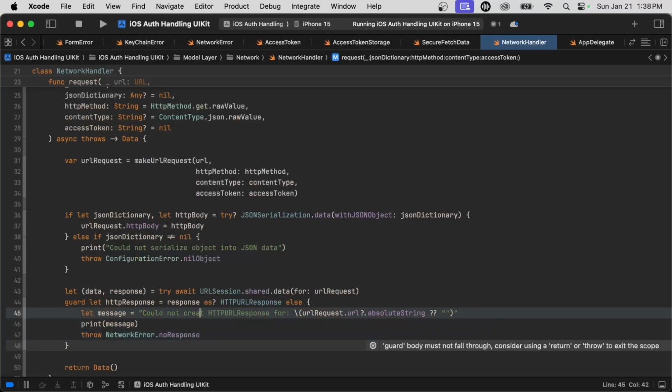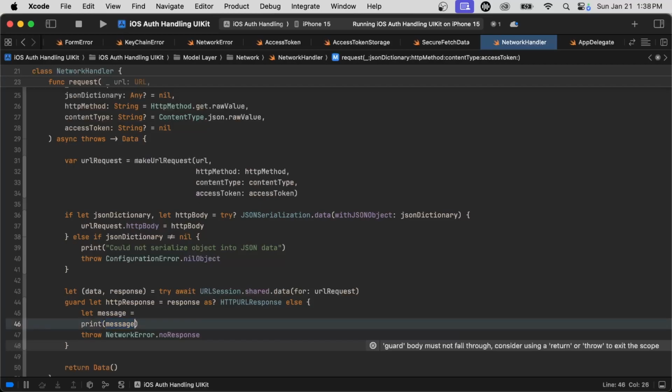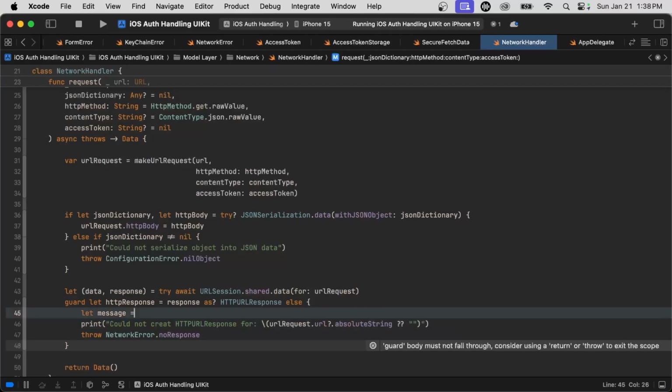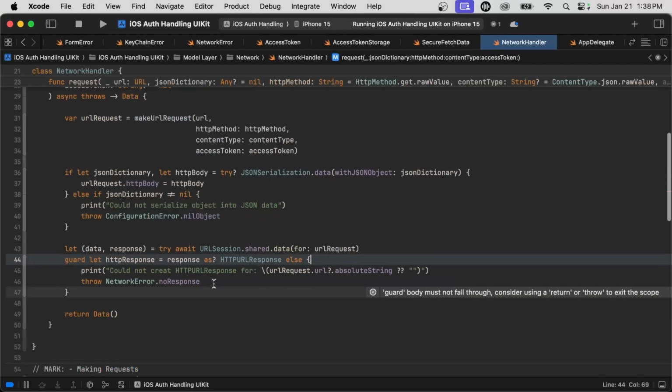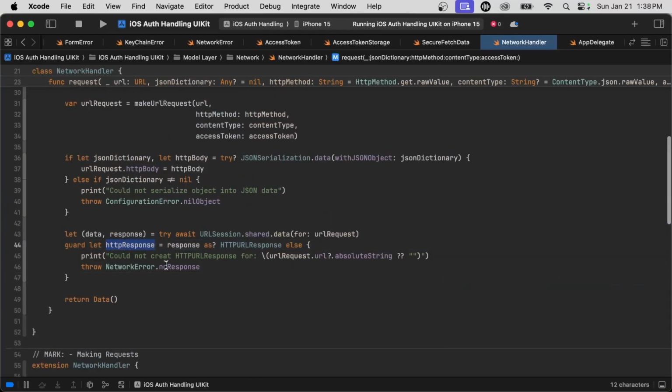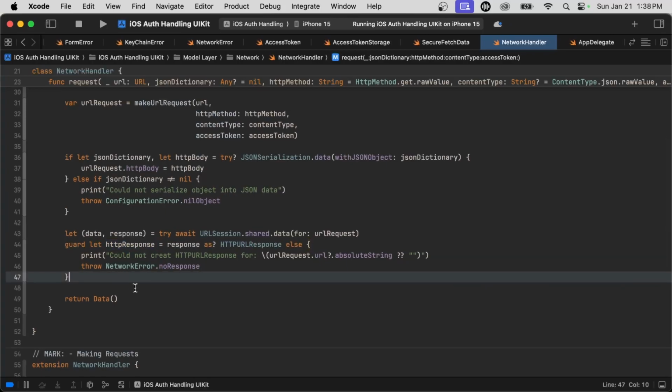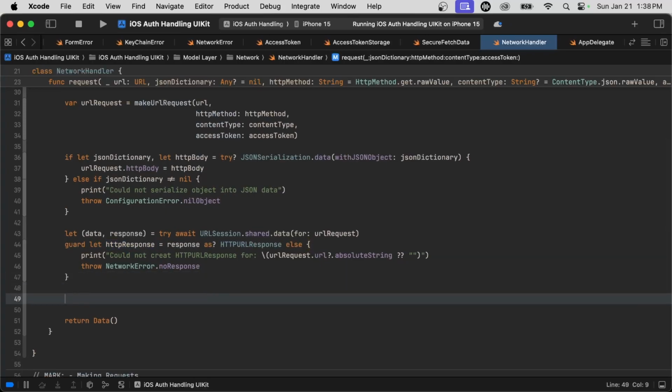But technically, we didn't actually have to map this out. I was going to use this as an error message to throw as well. But for the sake of this, we're just not going to do that. Okay. So if we didn't get a response, then that's a problem. So we have to throw an error. No response. Now that we have said that we do have a response, we're going to say let status code